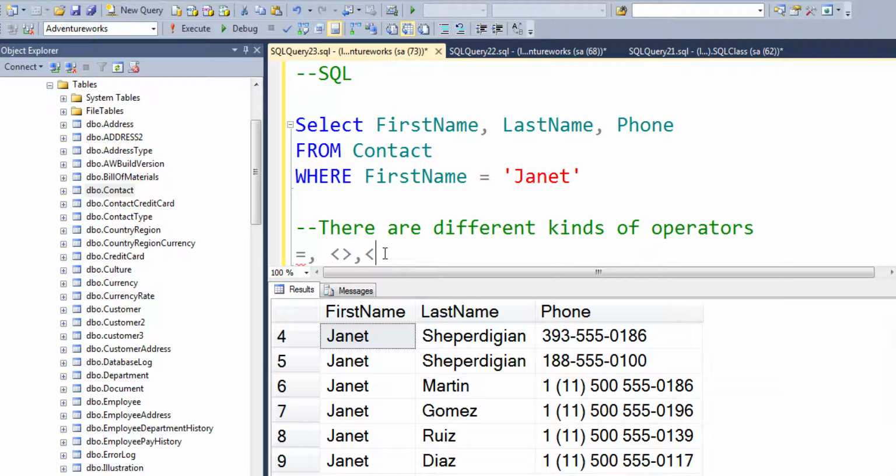If you're dealing with money, you would like to have all the information with less than $100, or greater than the amount, or less than or equal to, or greater than or equal to, and then there is between,